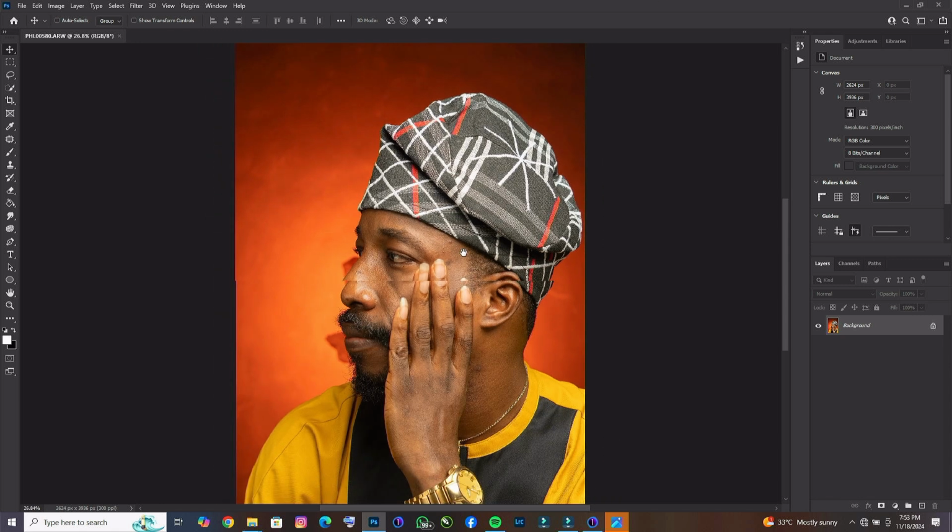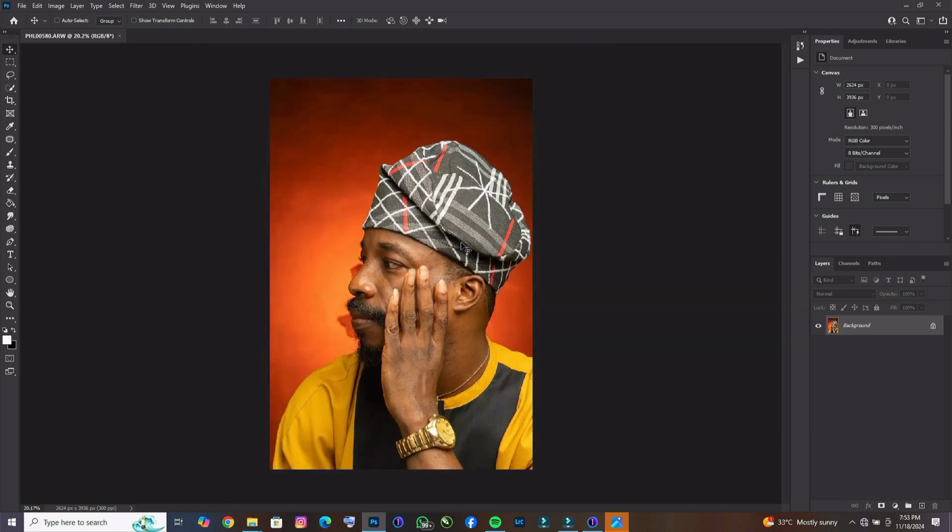Now, as earlier said in the previous video, the second day video, how do I work on my pictures? I separate my image from the background. So that's the first thing I will do, separating this image from the background. First step. And before doing that, as I explained in the last class, always duplicate your background